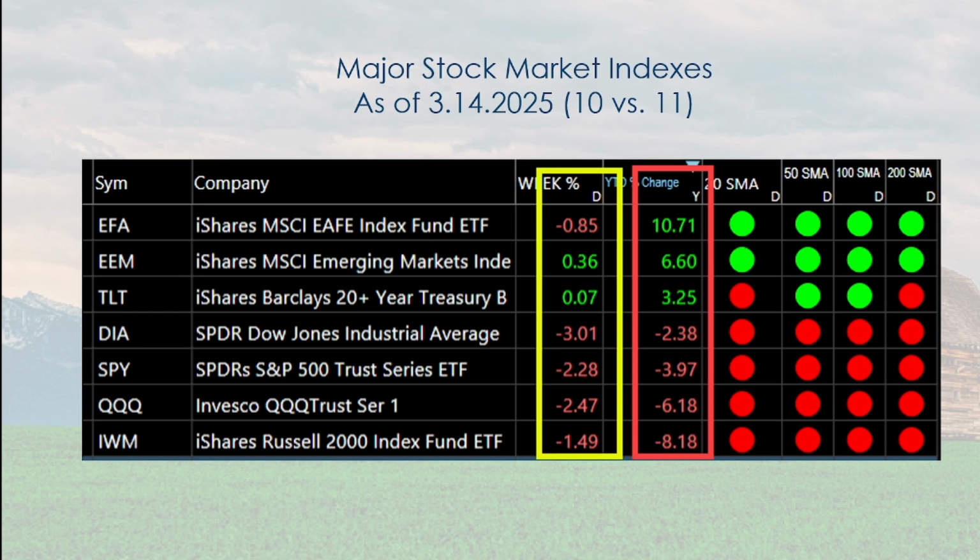To the far right, you see the dots, green dots or red dots. The green dots are above that moving average, and the red dots are below. And you can see again from top to bottom, the top 2, emerging markets and developed markets, being number 1 and 2. In all 4 categories, the 20, the 50, the 100, and 200-day moving averages, those ETFs are above all of those. And then government bonds is above 2 of them. Everything else, U.S. equities, negative.